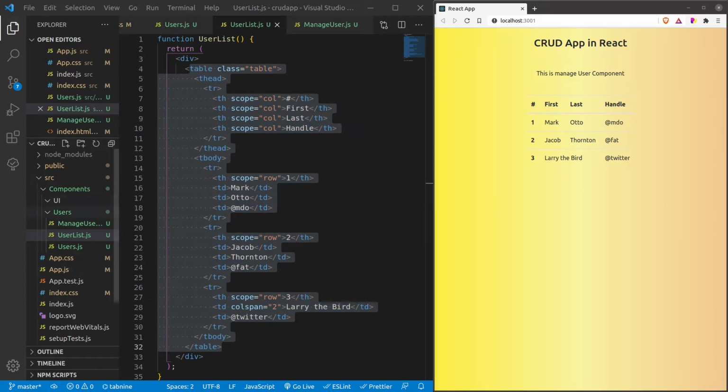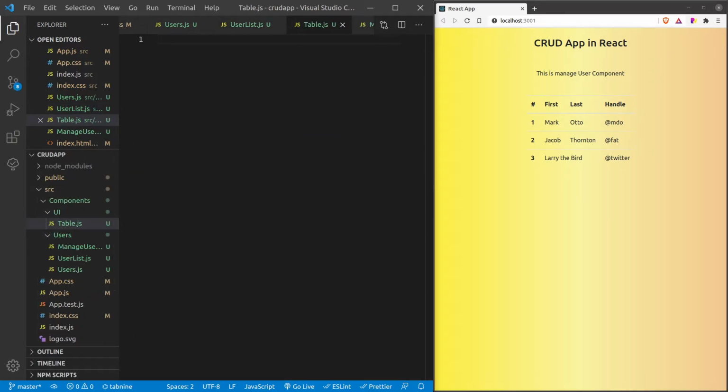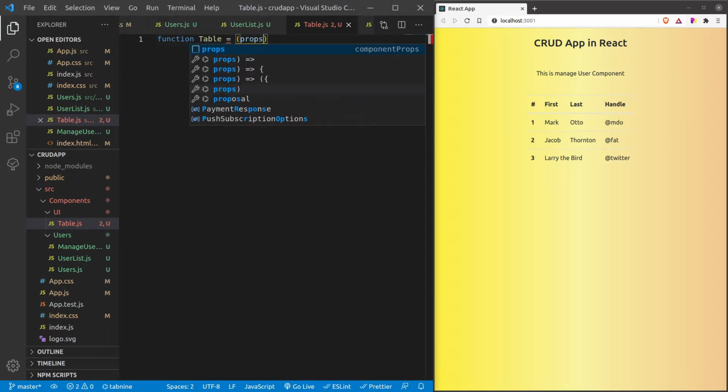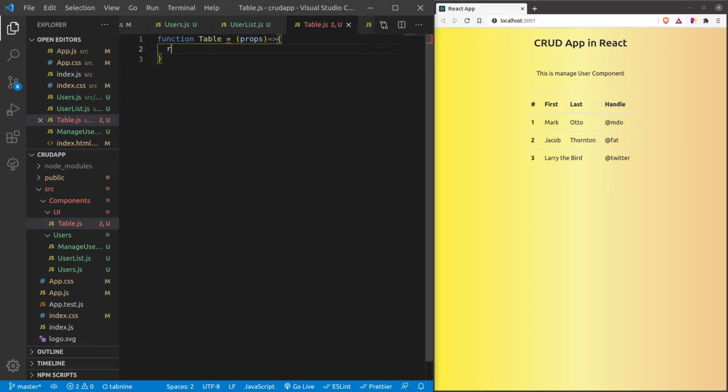So let's create a table component now. So new file, table.js, and in table.js I can create a function table is equal to props. All right, and return a table tag with class name as table.